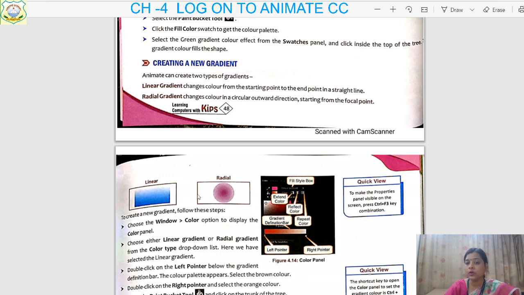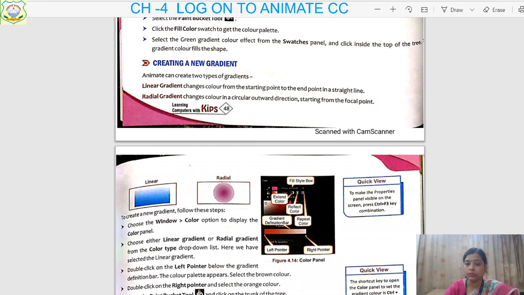So these two are a mixture of two or more colors, but they give the impact of a different appearance. One is a mixture of two colors using a straight line, and the other is a mixture of two colors using a circle option. So linear gradient changes color from starting point to end point in a straight line, and radial gradient color changes in a circular outward direction.